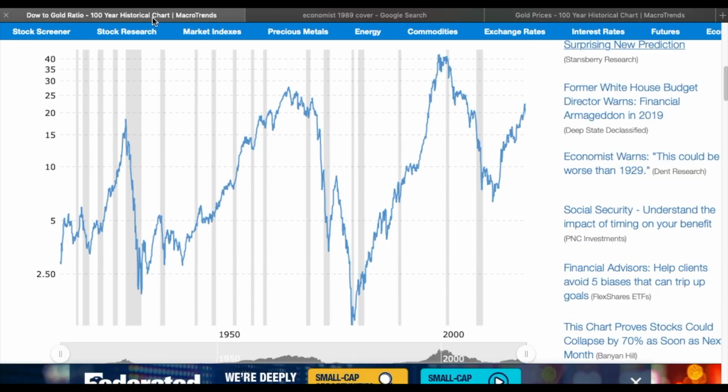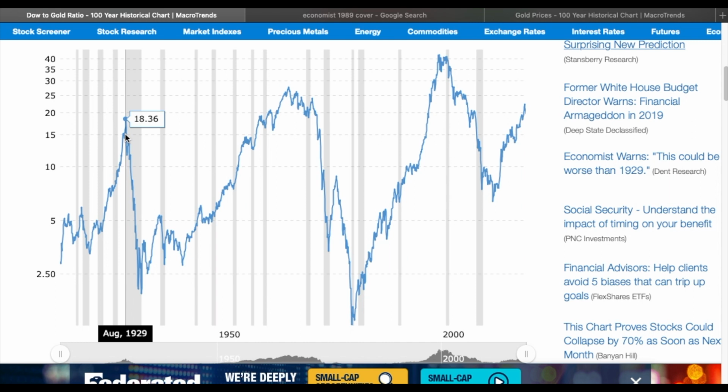So whenever this ratio, this Dow Gold Ratio, I figured about 15 to 18. I like the number 18 better. Whenever it goes over 18, there's usually a devaluation. So that was 1929. Stock market dropped in 1929. However, that's kind of separate from the devaluation. But in this case, it added fuel to the fire because, if you had a lot of holdings in the stock market, they dropped and the dollar was revalued. So it's a 1-2 punch. A lot of people never recovered after the Great Depression. There were a lot of suicides.